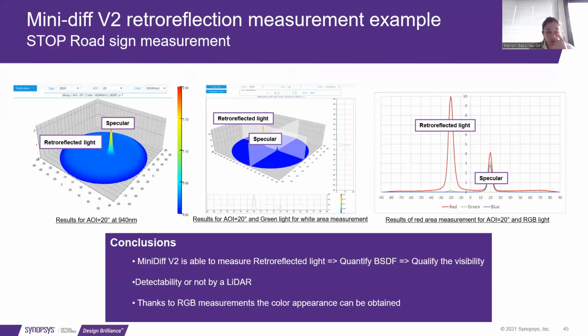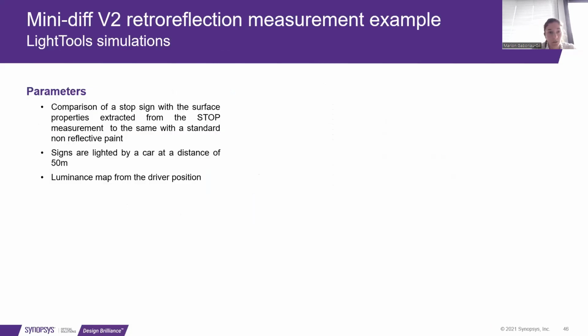So to conclude with these measurements, we have seen that the Mini DV2 is able to measure retroreflected light, of course, and to quantify BSDF, which permits to qualify, for example, the visibility of a sign, or to see if an element will be detectable or not by a LIDAR. And we have also seen that thanks to RGB measurements, the color appearance of an object can be obtained. As I explained before, all this data can be exported to optical software, such as LightTools. That's why I'm going to present you some LightTools simulation done